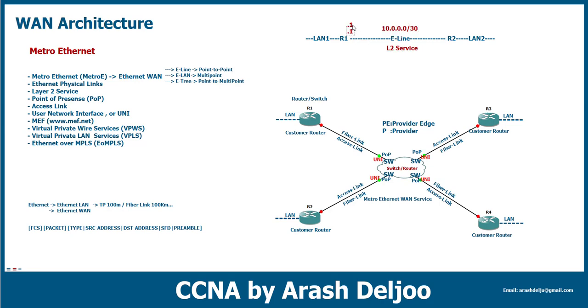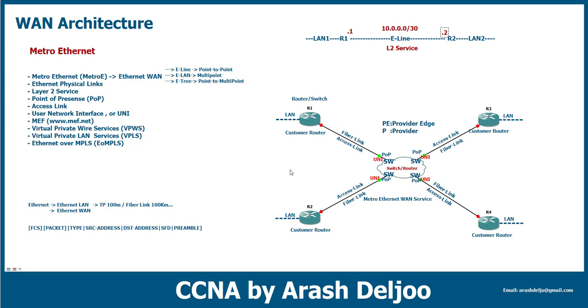You know that actually between router 1 and router 2, we don't have one real link. Here maybe we have multiple devices, such as switches and routers in the service provider. But finally, the link that is emulated for your company is a layer 2 link, meaning the two sides of this link are using the same range of IP addresses. You can enable one routing protocol, and router 1 and router 2 can establish, for example, an OSPF neighborship, just like a direct link that maybe we have between router 1 and router 2.